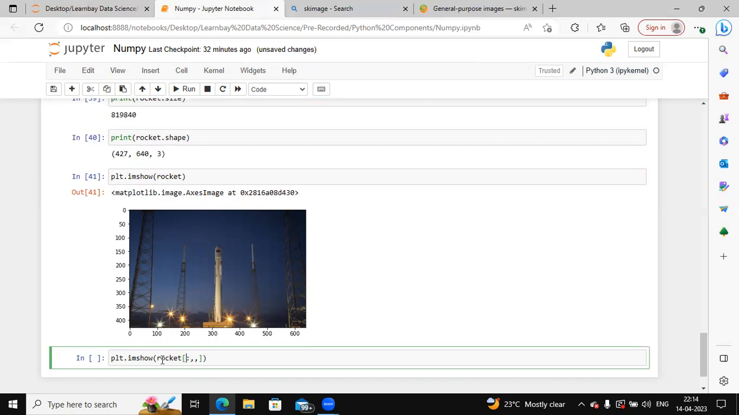So we have to pass from the 125th index till the 400th index, the 450th index here we can pass. And this is the 125th index here, and this is the 450. We want just the rocket from this image. We are trying to extract only the rocket from this image. So let me pass the column. The column value is somewhere around 300 to 350. Let me pass 300